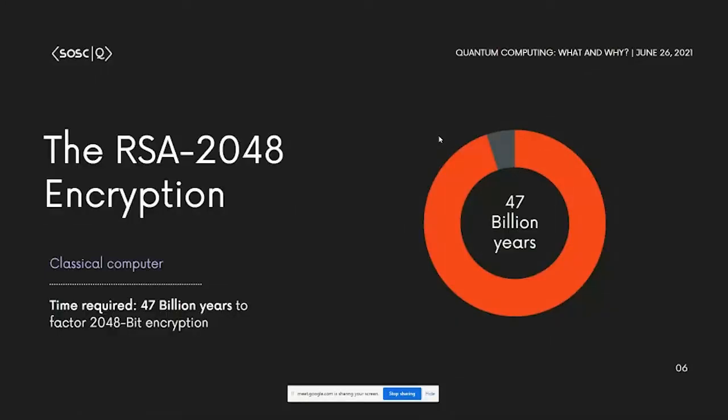Get it right. The RSA 2048, which we have right now, is very, very strong. If you were to crack it with, let's say, a very huge supercomputer, it would take 47 billion years, that's the statistics. I just told you that we are getting a really exponential speed up, and people got excited with Peter Shor's algorithm. How much of a speed up are we talking?